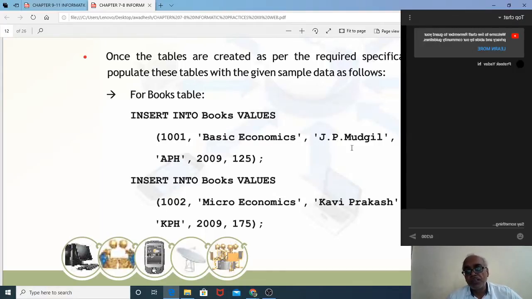Now this is JP Morgan, a name maybe, so this is also coming in apostrophes. This is again string data, so they are putting it in inverted commas. This is a number, so they are simply writing a number. You don't have to write apostrophes for that, only for storing the characters. For storing the strings, you use these apostrophes.